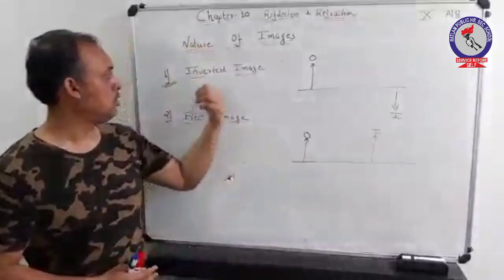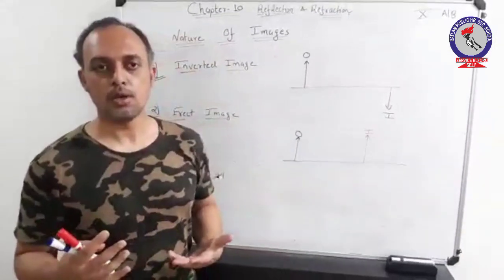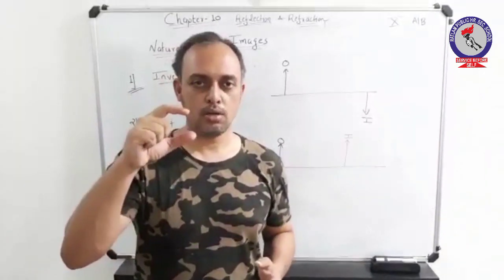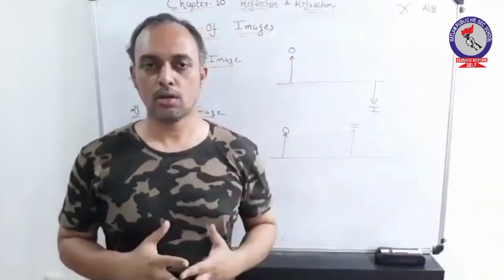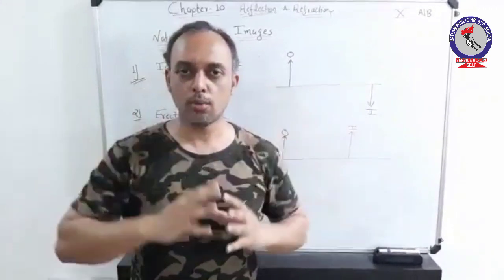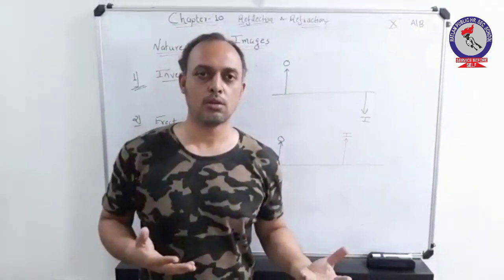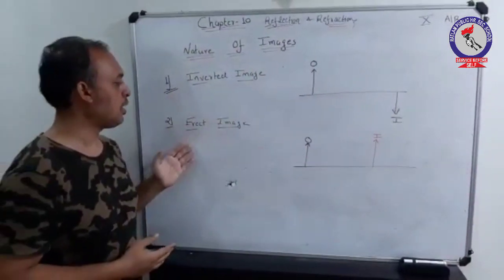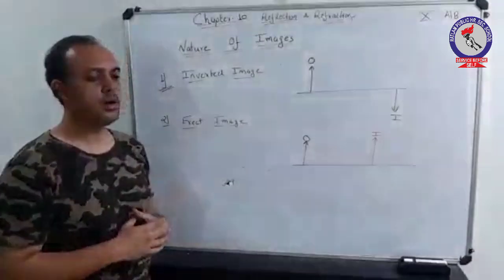Apart from the inverted and erect image, you may have diminished image and enlarged image. An enlarged image implies that for a small object you have a bigger image. Similarly, you will observe in ray theory that for a bigger object you may get a smaller image. So images can be of bigger size as well as small size, but the two basic natures to be remembered are inverted images and erect images, which are very important in ray theory. We will be going through this in the later concept.